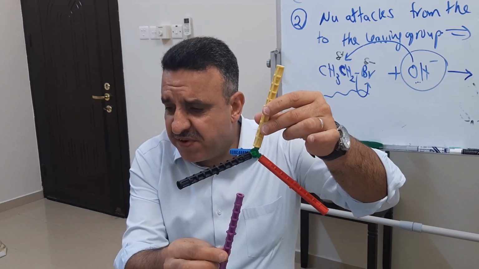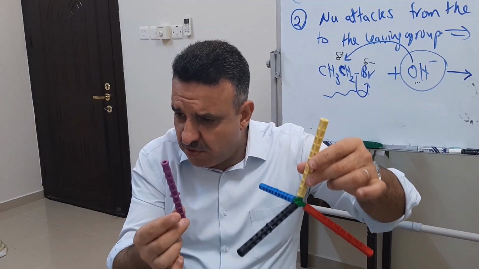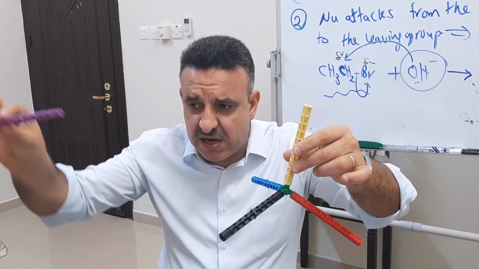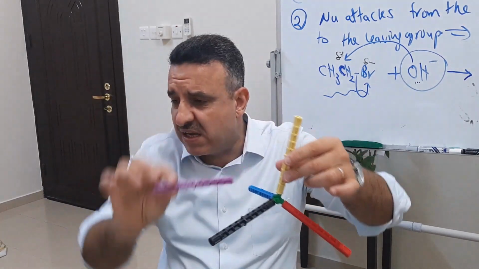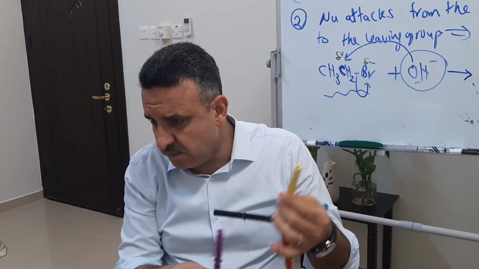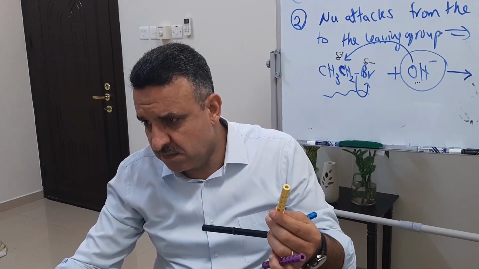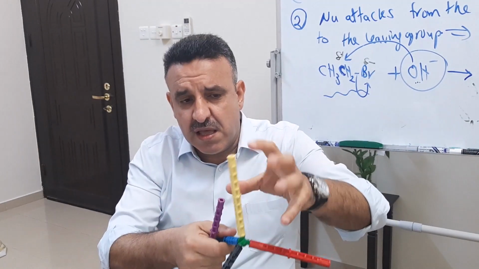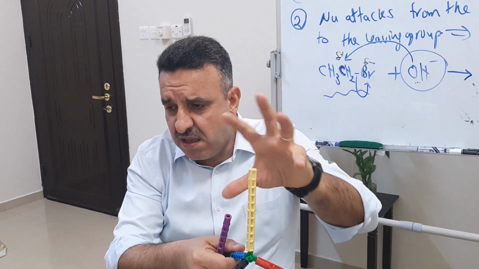Now, why do you think the best position for the nucleophile to attack the carbon is from the backside? Why does it not attack from this side? Anyone knows? To avoid repulsion? Absolutely. Because simply, as you can see here, the halogen here is very big, which means there